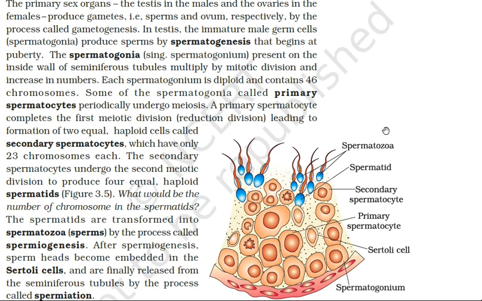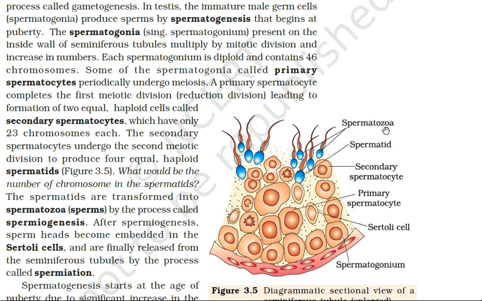Now, various important steps of spermatogenesis. It's very important to have a glance at the diagram given in figure 3.5, because it is going to show you the various types of cells. On the screen you see Sertoli cell, an elongated cell, which is going to provide the nutrition, and you can see the spermatids attaining the nutrition from the Sertoli cells.